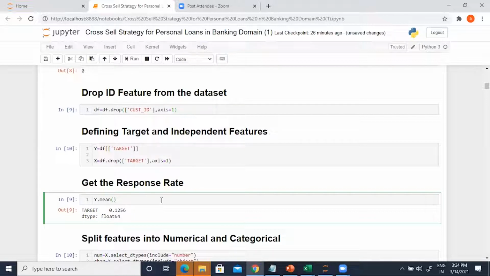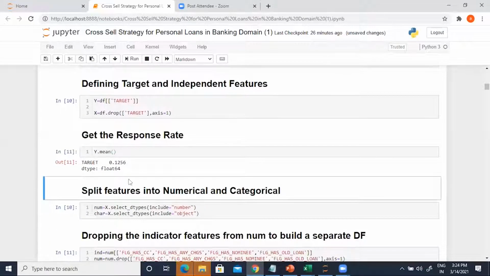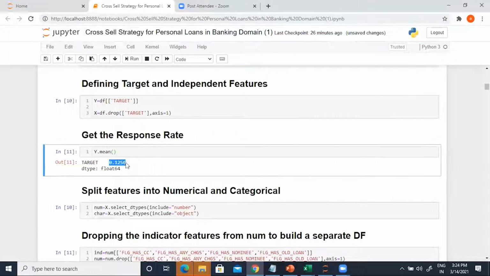Now let's get a sense of control over the project. The first thing you should do is always check how much event rate you're dealing with, because 12.56% is the event rate. Now, what is the interpretation of 12.56%? The interpretation is this: today, there is no model. The bank has not used any kind of model. The bank has probably used business judgment and business common sense, for lack of a better term, and gone ahead and carried out the entire targeting process. But 12.56% is the extent to which the bank has been successful.